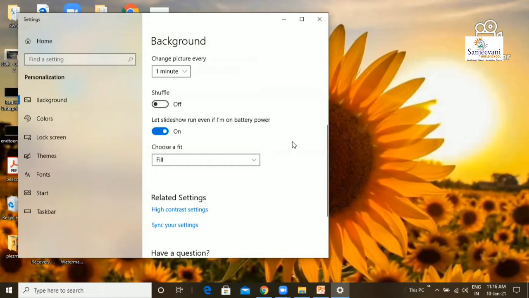Next is color settings in Windows 10. Now, in Windows 10, you can let the accent color be based on the background. You can choose an accent color from a given set of colors. Now what is the accent color? The color of the title bar, the color of the status bar, start menu, task bar. You can also choose the color of this. You can also set it as background, whatever you choose.